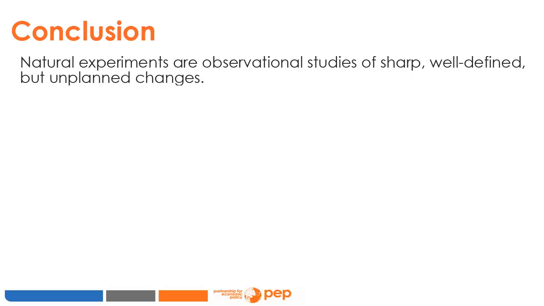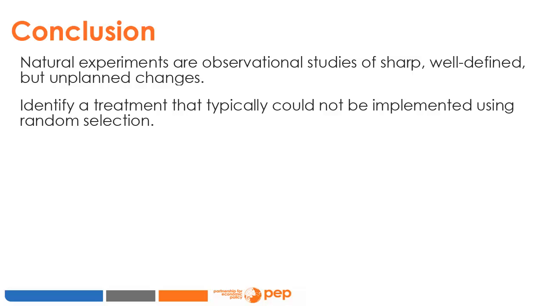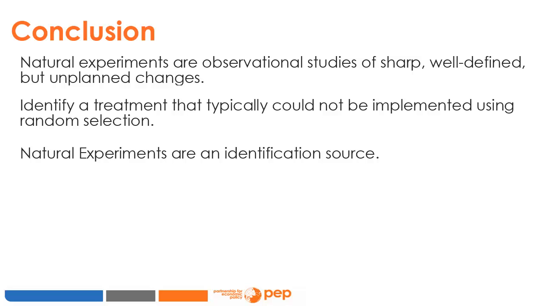Conclusions. Natural experiments are observational studies of sharp, well-defined but unplanned changes. They hinge on identifying an uncontrolled but opportune treatment, typically of a kind or on a scale that could not ethically or feasibly be implemented using random selection methods. More than an evaluation method, natural experiments are an identification source. Opportunities that must be recognized and wisely exploited